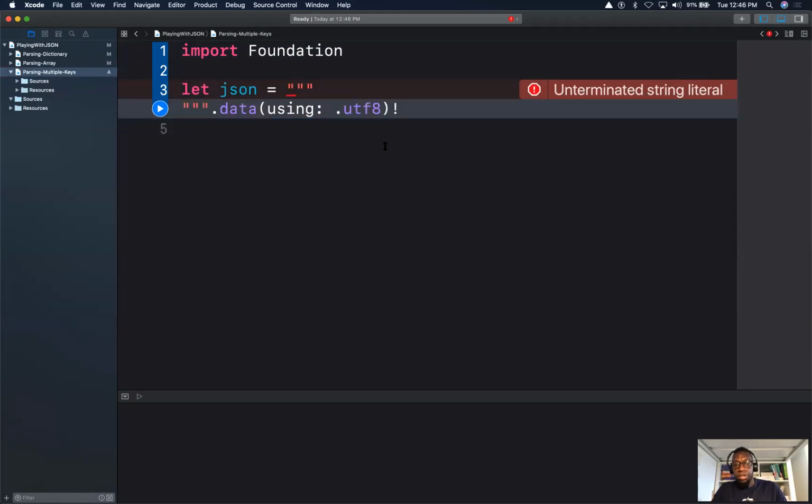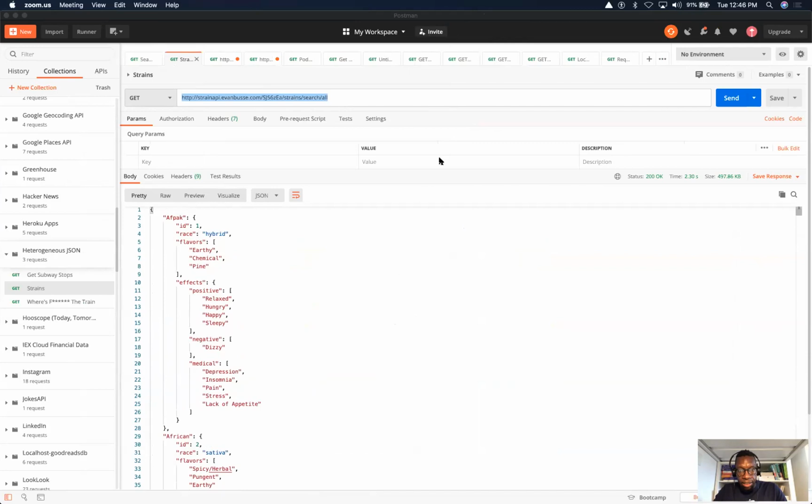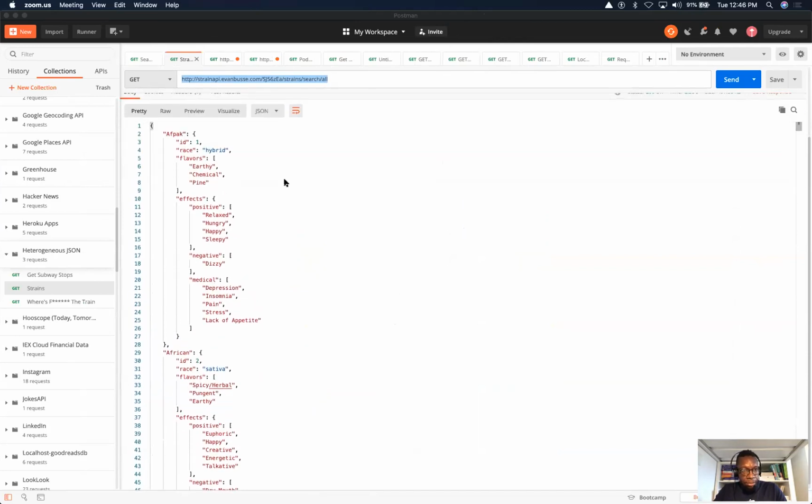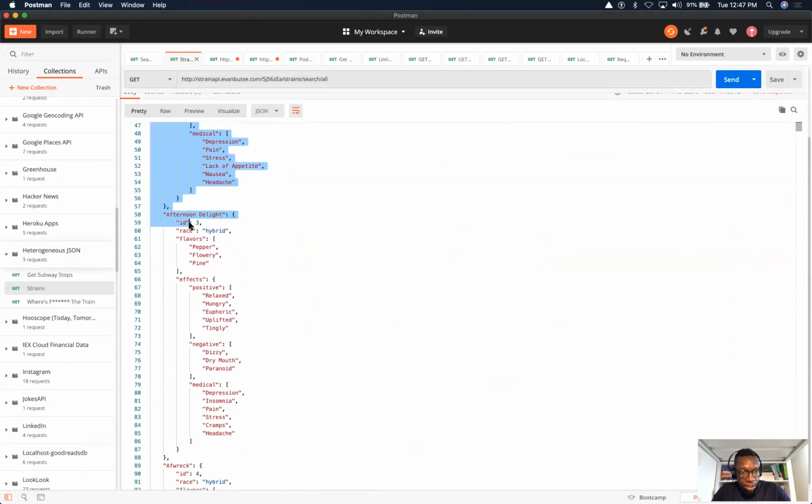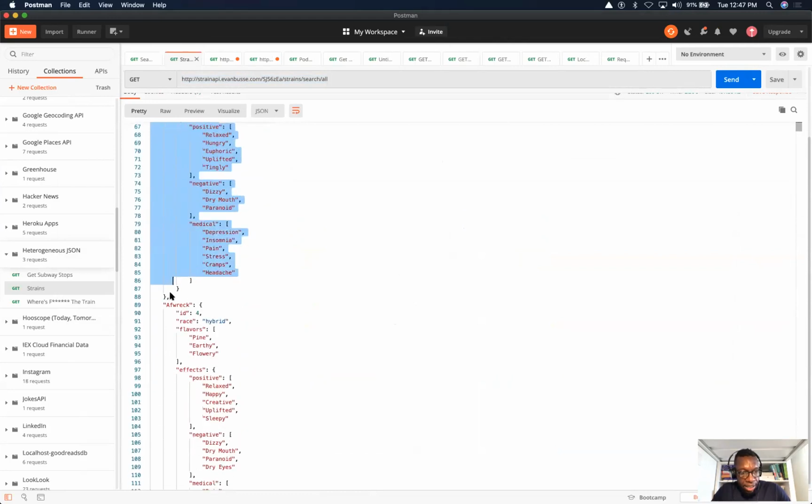So let's just get our JSON now. Let's go to Postman and get some JSON here. In the example we had 2 objects, but here let's try to get 3 objects. Start from line 1, everybody with me? Select 3 objects, stop on Afternoon Delight, right on line 88. We all should have the same lines. Stop on line 88, copy,